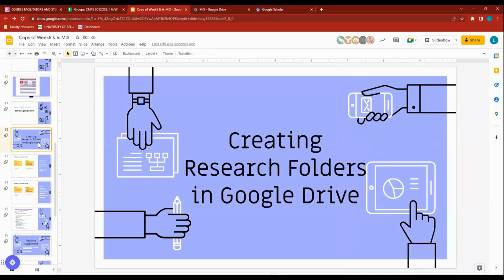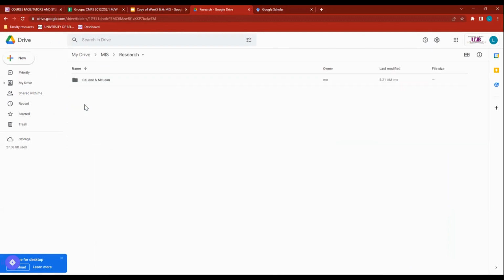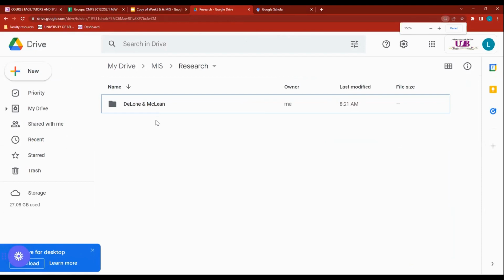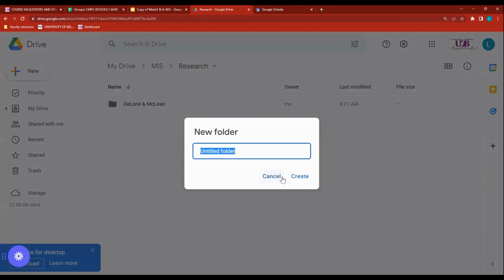We'd like you to categorize these resources that you find, especially those pertinent to your research, and put them in folders in your Google Drive. So let me show you my Google Drive folder. I have a folder just for this class, and in there I have a folder called research. In my research folder, I will be demonstrating some of the folders that I'd like you to also prepare. So I simply click on the new button, new folder, and I'm going to call this literature review.